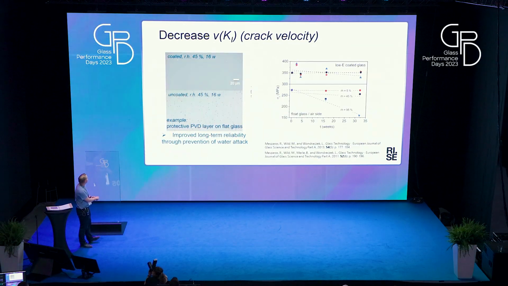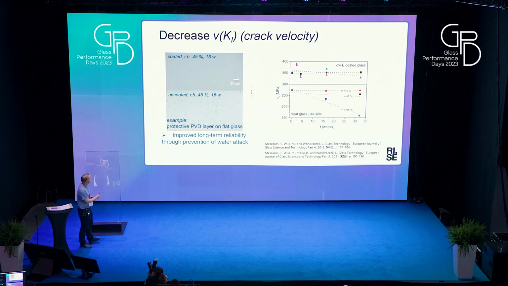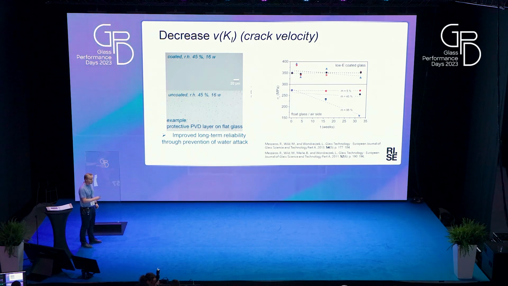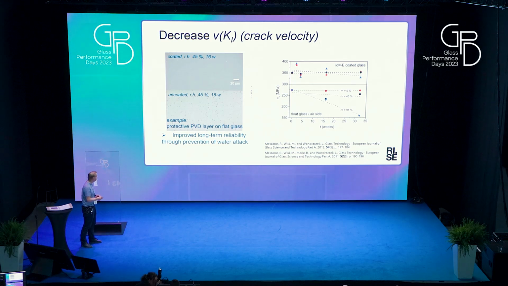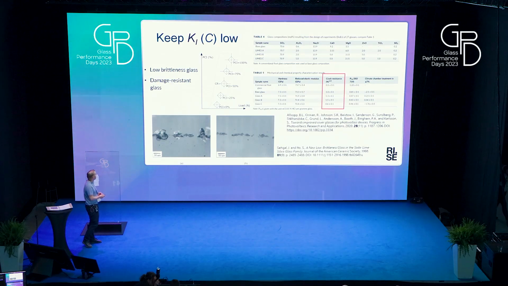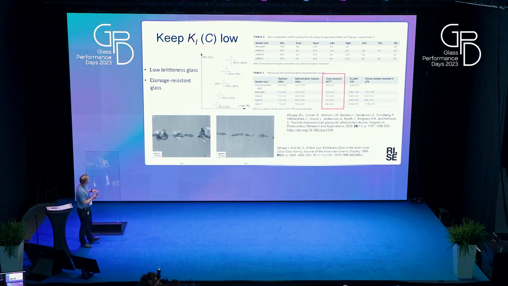All right. So about coatings and protective coatings. Here is some example on low-E coated glass, where the low-E coating can protect the glass surface from the atmosphere, and thereby increase the strength of the glass. About keeping K1 low,